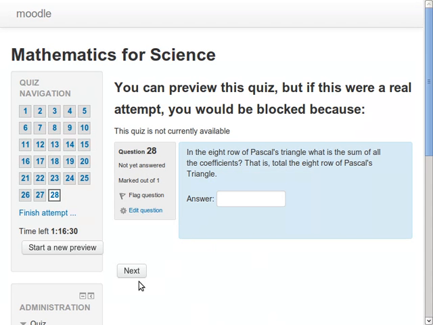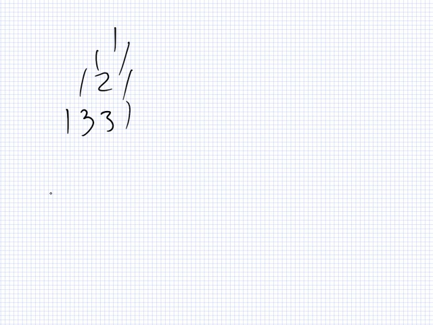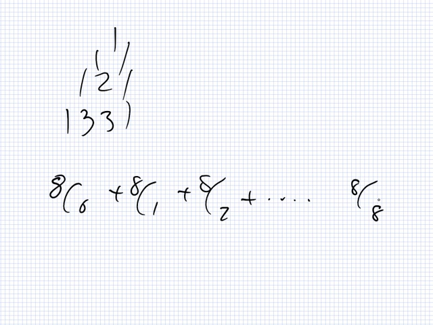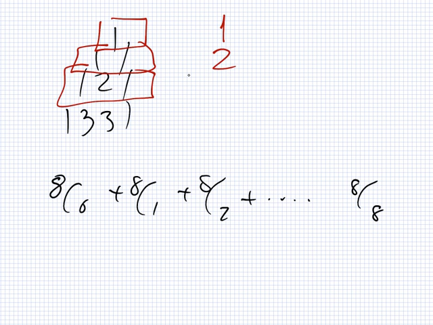In the 8th row of Pascal's triangle, what is the sum of all the coefficients? One terrible way to do this one is to make the triangle. Less terrible is to add all of these together. Do people do it this way? No. But the best way is if you look here, if you add up the 0 row, what do you get? You get 1. If you add up the first row, you get 2. If you add up the third row, you get 8. If you add up the fourth row,